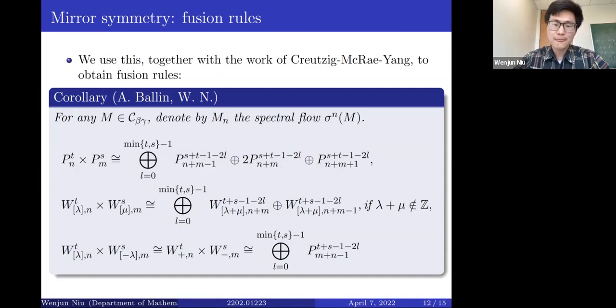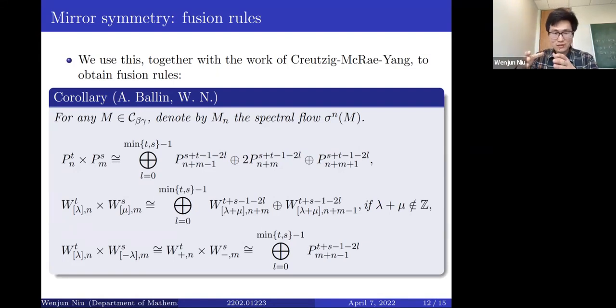Great. So I want to comment that this category is really labeled by lambda. For each lambda, when lambda is not 0, when lambda is not in Z, my category is really generated by these W lambdas, and the extension between this W lambda with itself is just a simple C. So when lambda is not an integer, the fiber of my category at this lambda just looks like